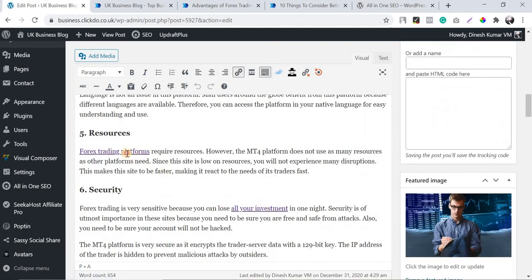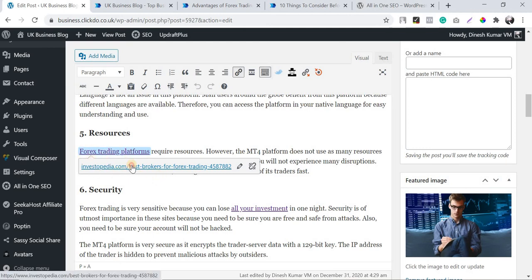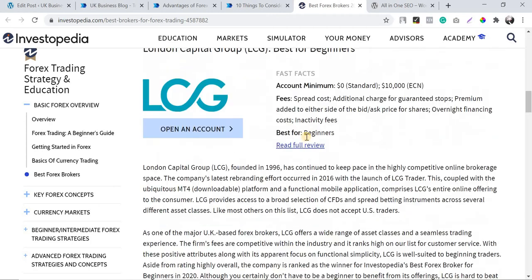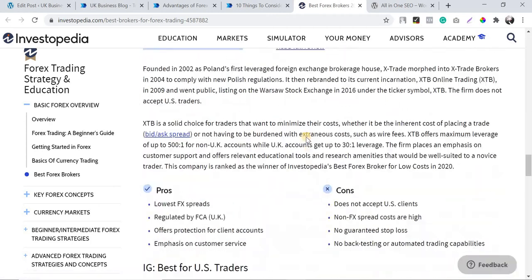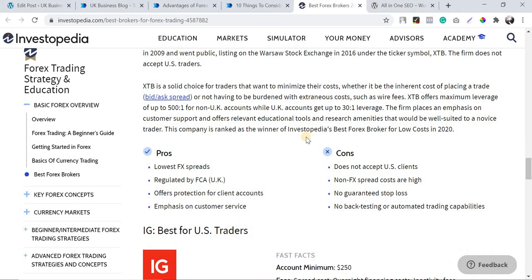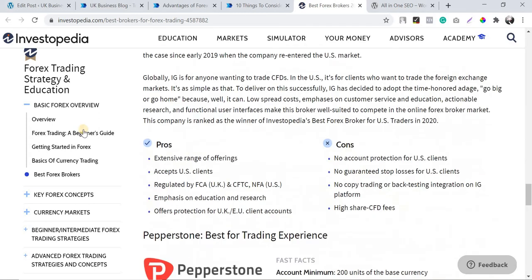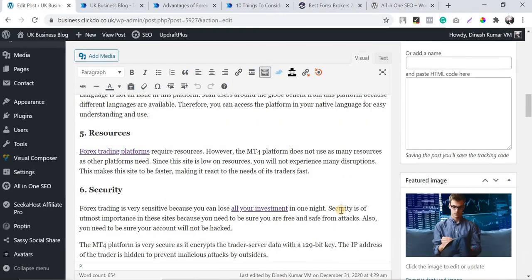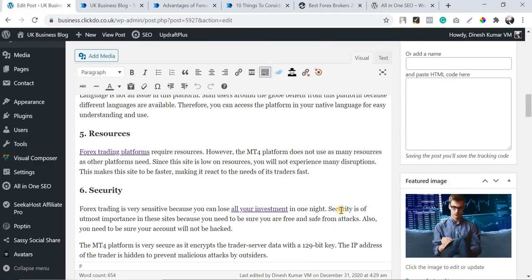And same thing, we should make sure that the content which is in the target website is proper and legit. For example, here I have given a link to an Investopedia blog which speaks about forex trading platforms. So with this anchor I have linked to this. Even if the user lands here, it's proper top-notch content which is published on this page. So even users will like reading your blogs and navigating to the relevant sources of other blogs. So when it comes to links, keep it relevant and natural. This is what I would like to say in this video, just to make the on-page perfect.